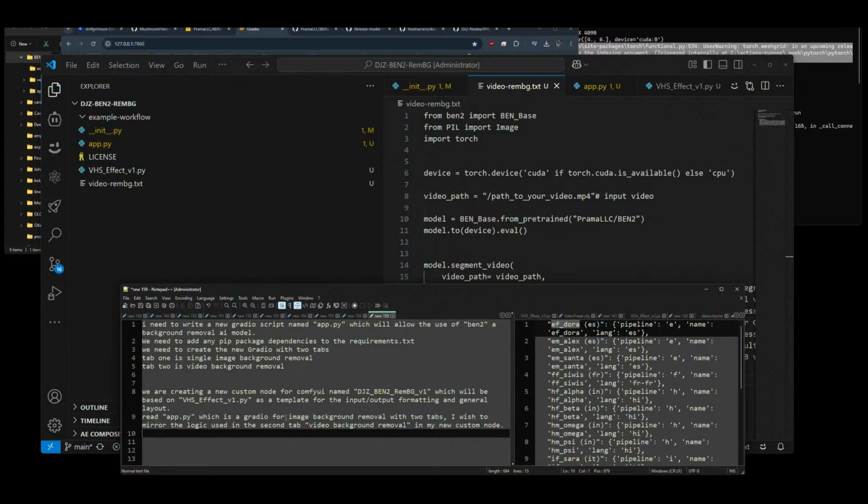Read app.py, which is a Gradio. Cool, cool, cool. I'm just trying to say, yes, of course. We'll tell him to look at the video-rembg.text, which is the original code example for performing video background removal. Yes. With Ben too. Okay, cool. Cool, cool, cool. So then we want to say